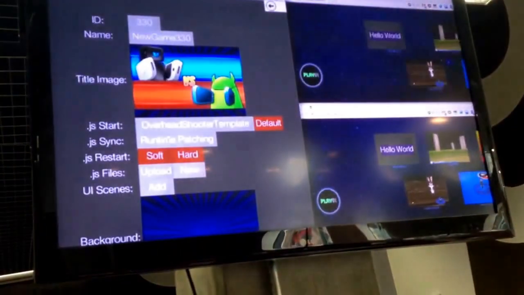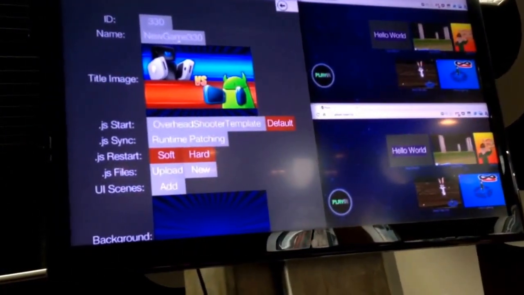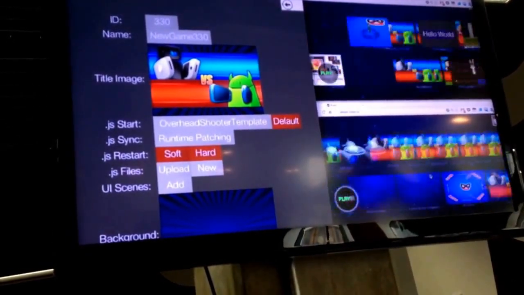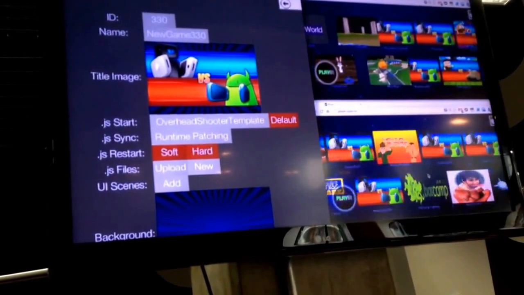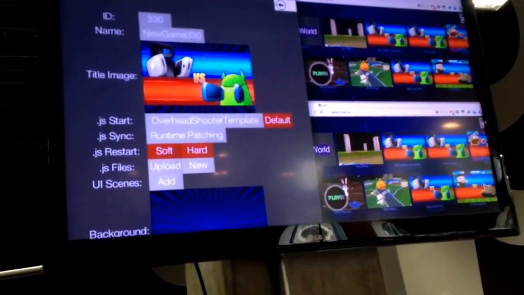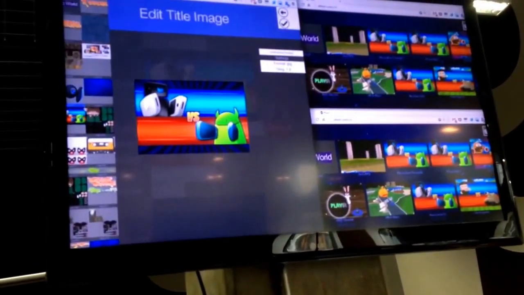It's going to create it, and it's going to call it New Game 330. On this game looker here, you're going to find that a game called New Game 330 has appeared. I'm going to help us easily identify the game a lot easier by just